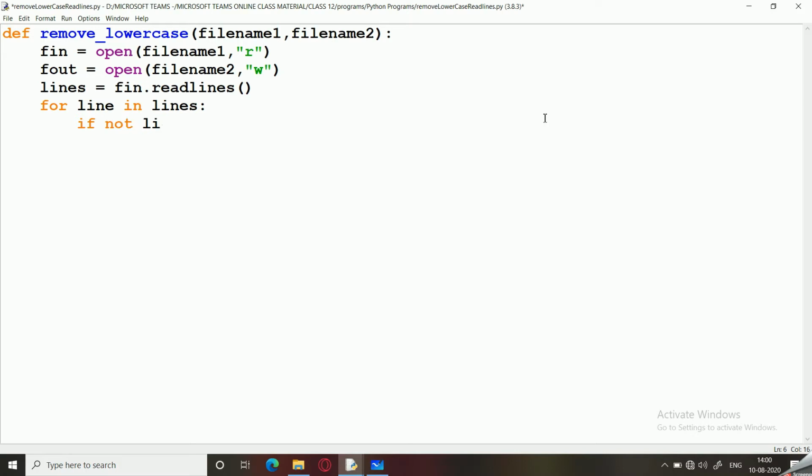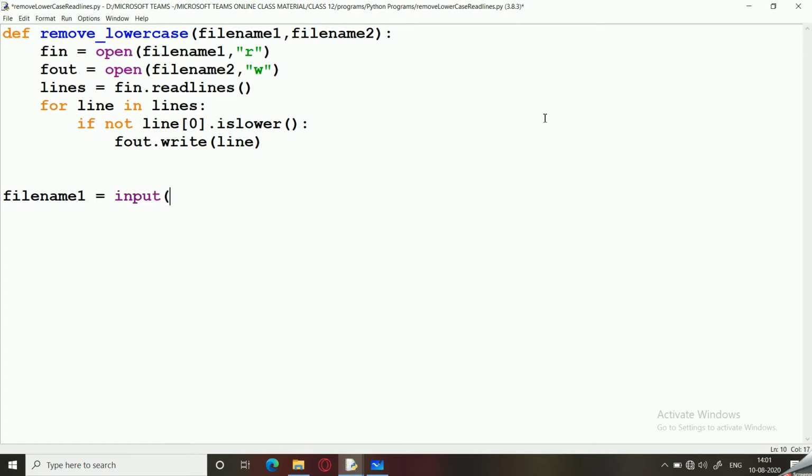If not line[0].islower(): if this is the case, then we are going to write it to the second file, and for this I am going to write fout.write(line). So our program ends over here itself, our function ends over here.